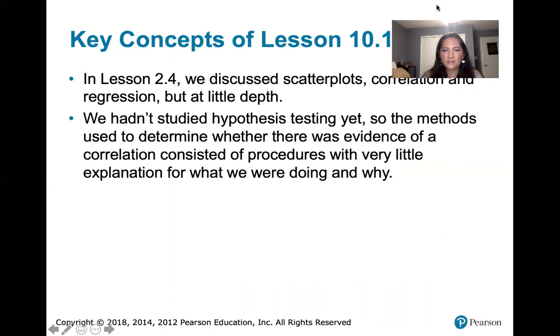So the methods we used back in chapter 2 consisted of procedures with very little explanation for what we were doing and why we were doing it. In lessons 10.1 and 10.2, we're going to discuss what we're doing and why we're doing it. So we're just revisiting those ideas now that we have the background in hypothesis testing and some understanding of things